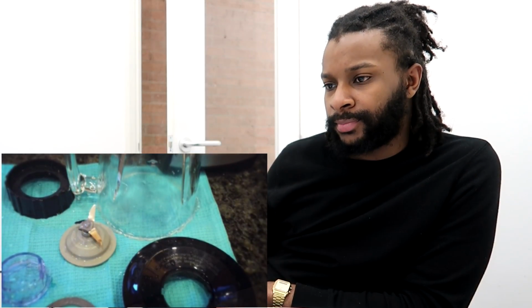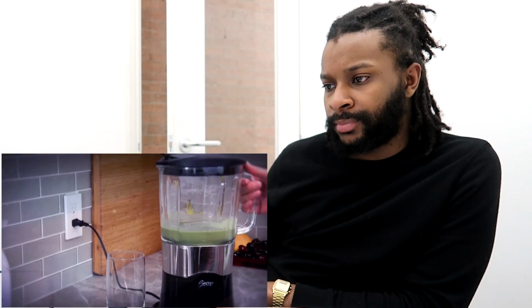Getting your blender clean after your morning smoothie is enough of a hassle to turn some people off of smoothies. They have to be completely disassembled. All the rubber washers have to be removed and cleaned. And even with all of this effort, you might still be left with a funny smell the next time you go to use the thing. The solution to this problem is so simple that it's hard to believe it hasn't always been done this way